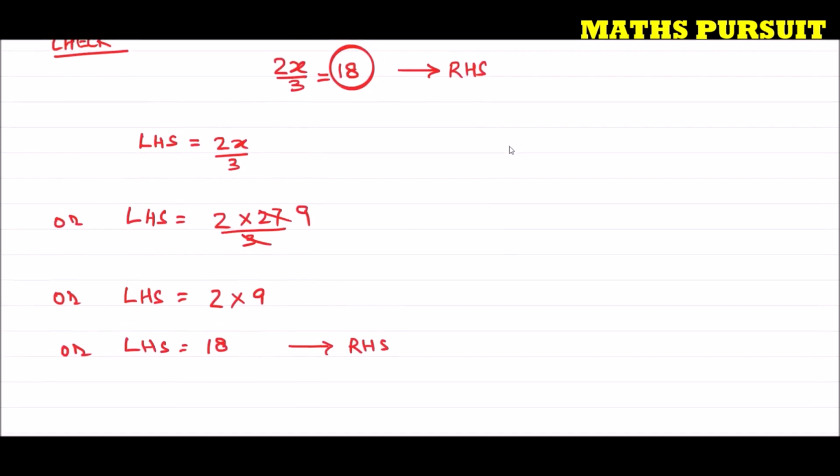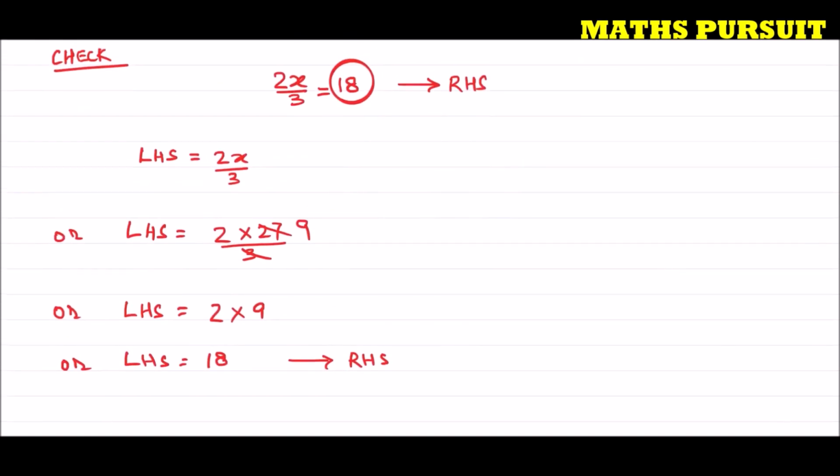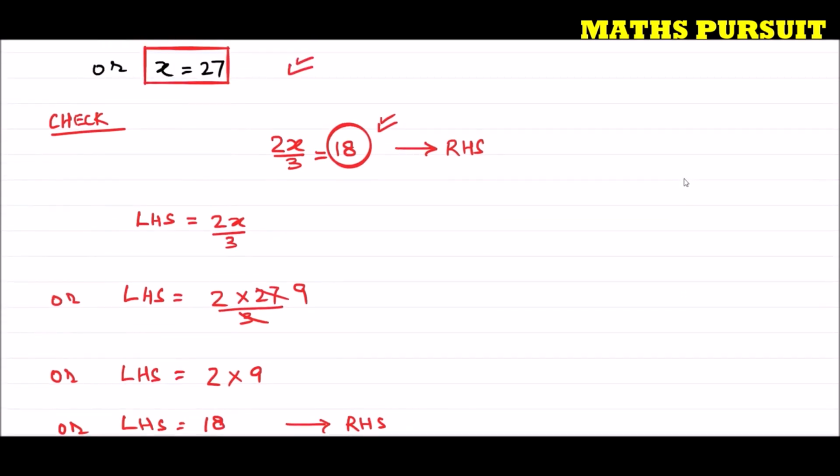If you look at the question, you could see that the right hand side of the equation is 18. The question has given us 18 as the right hand side of this equation. When we started our calculation from the left hand side and replaced the value of x, we got 18. This 18 is the right hand side, and we concluded that the value of x is 27 that we got here is absolutely correct. Hope guys you understood this. This is very simple and very straightforward.